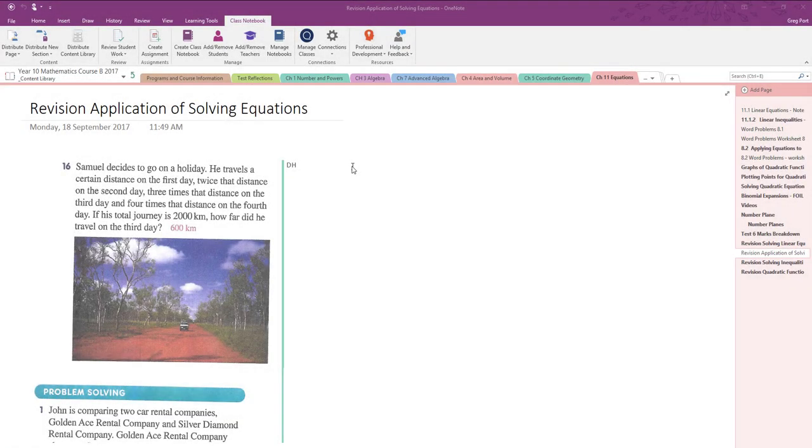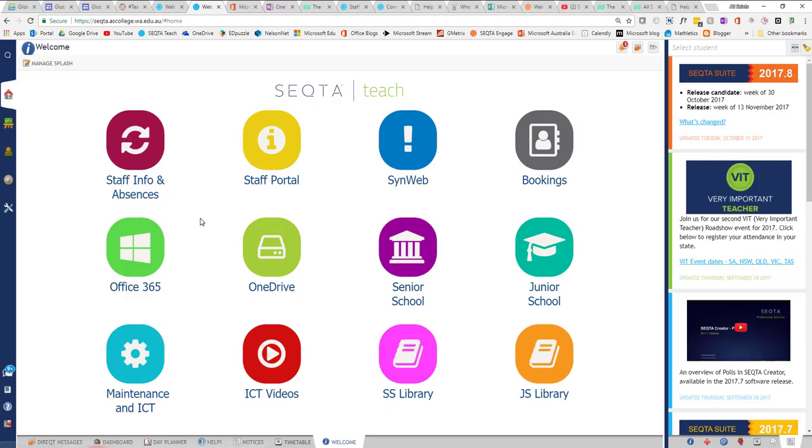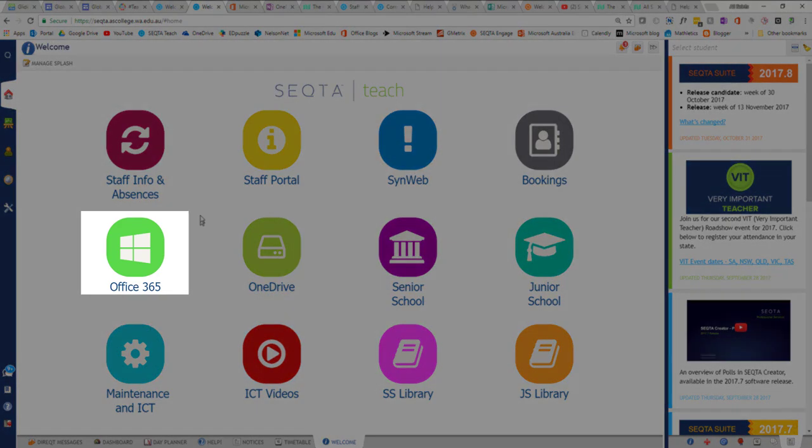Hi there, today I just want to go through looking ahead to next year and looking after our OneNote class notebooks in terms of copying the content across that we had this year to next year. So if we want to create, first of all, a new 2018, so next year's class notebook, what you would